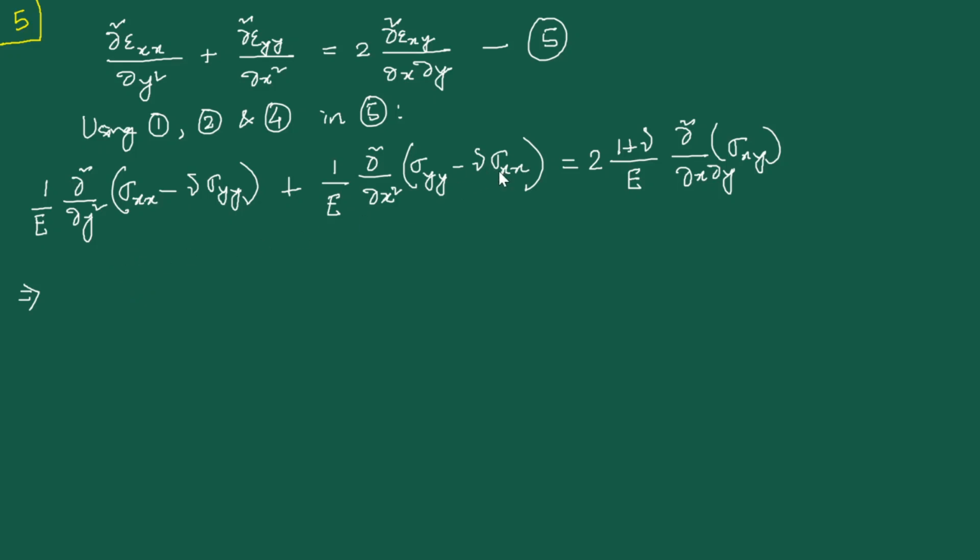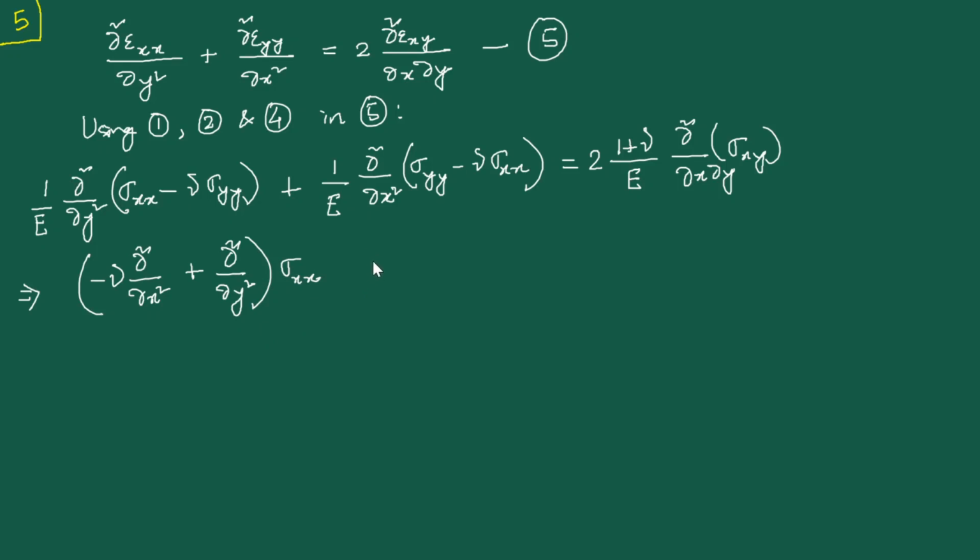So we have a sigma xx here and we have a sigma xx here, but please note that this is a derivative with respect to x square and this is the derivative with respect to y square. Okay, so what we have here is something like this: minus nu, del square del x square plus del square del y square, that operating on sigma xx. In a similar fashion,